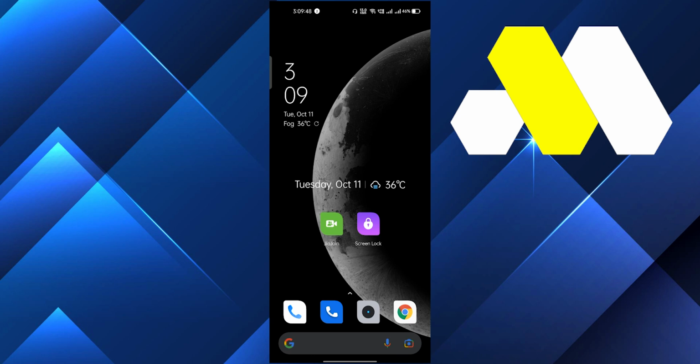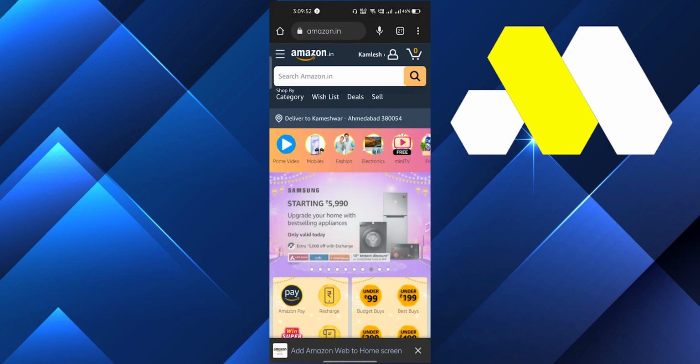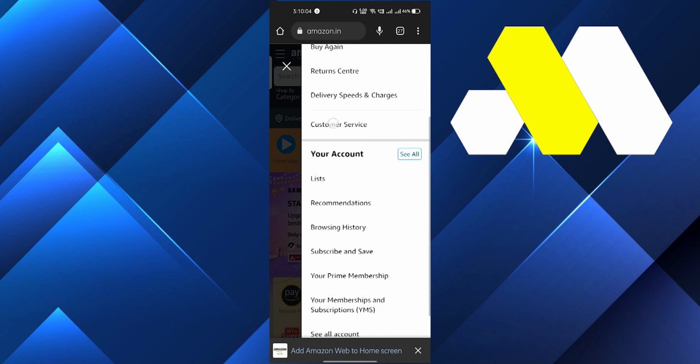I will just use this Chrome browser, and on the search bar just type the website, that is amazon.com. I will show you on amazon.in. Okay, so I have an account that is here. I will click over that and scroll down, and you will see your account and click on see all. Okay, and after that you have to click on your orders,